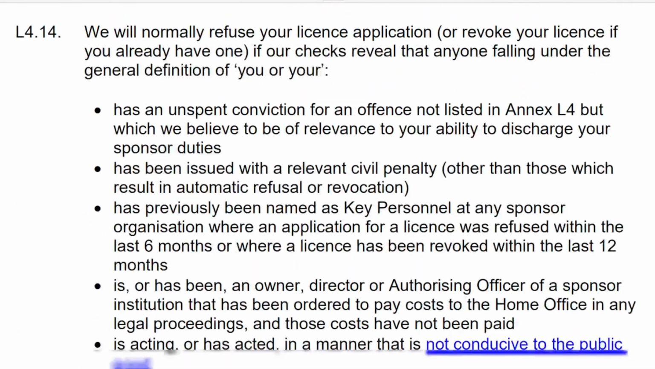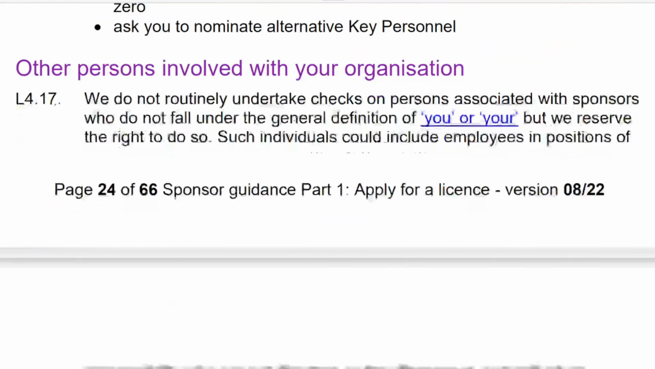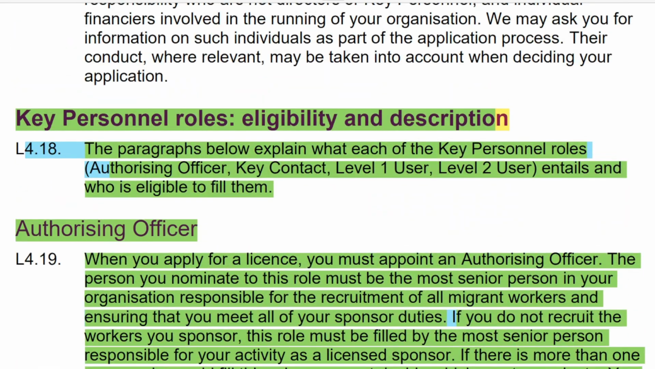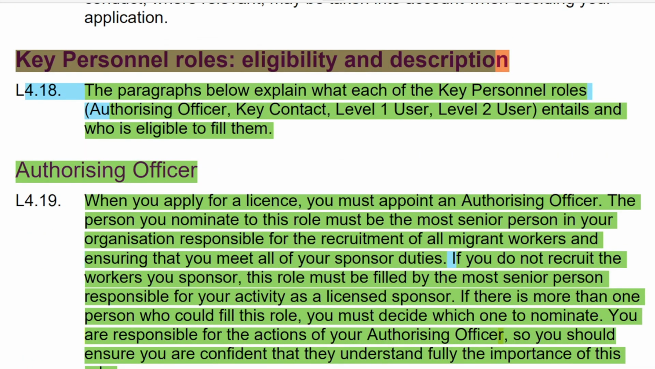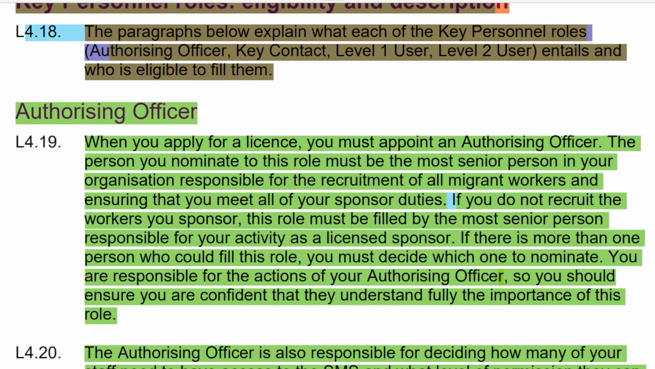Now we will discuss L4 and L4.18, which are the key personnel roles and eligibility descriptions for the authorizing officer, level 1 user, and level 2 user. So this paragraph below explains what each of the key personnel roles, authorizing officer, key contact, and level 1 and level 2 user, entails and who is eligible to fill them. Let's start with the authorizing officer,